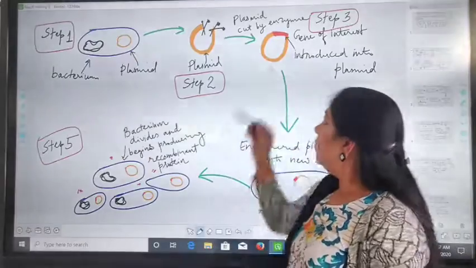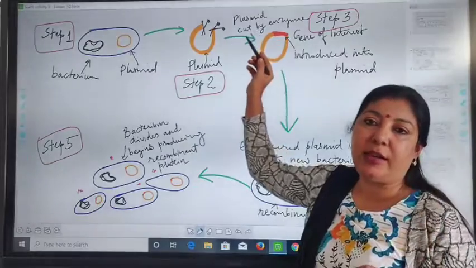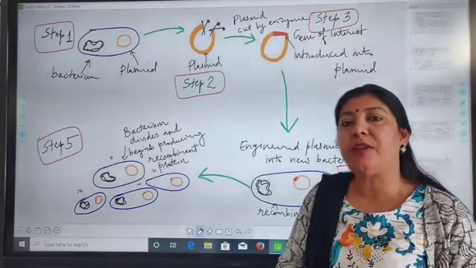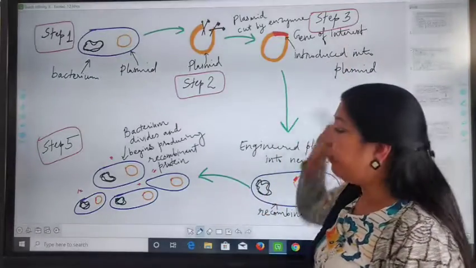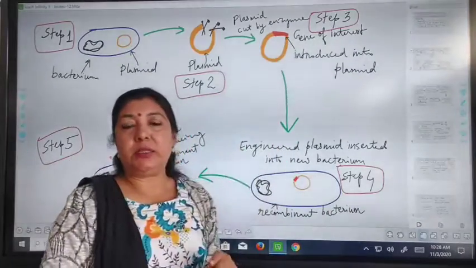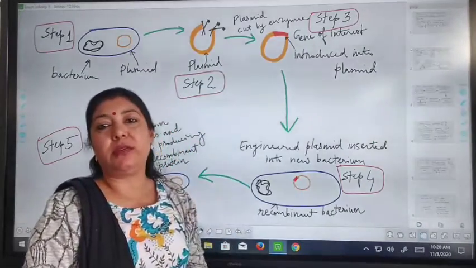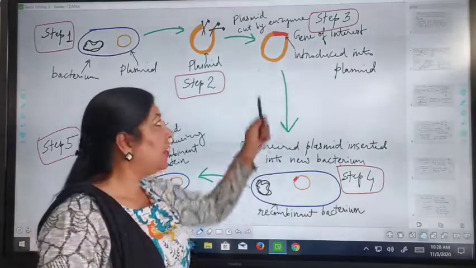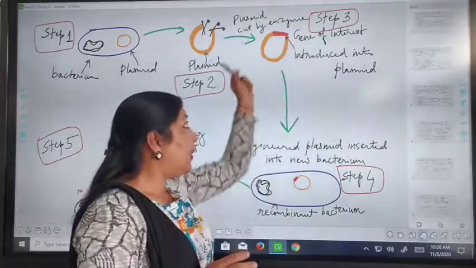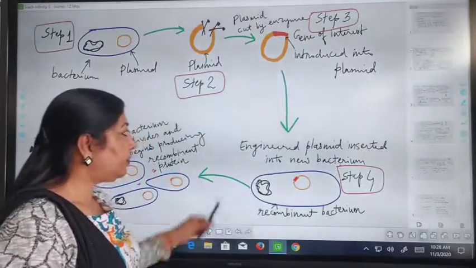That is the second step. So the plasmid is cut by specific restriction enzymes. Same way, the gene of interest is also cut with the same restriction enzymes. Then we come to step 3. In step 3, our gene of interest, that fragment, is fitted into the cloning vector with the help of again specific enzymes. So this gene of interest is introduced into that plasmid. Now this plasmid is a transformed plasmid. It's a recombined plasmid.